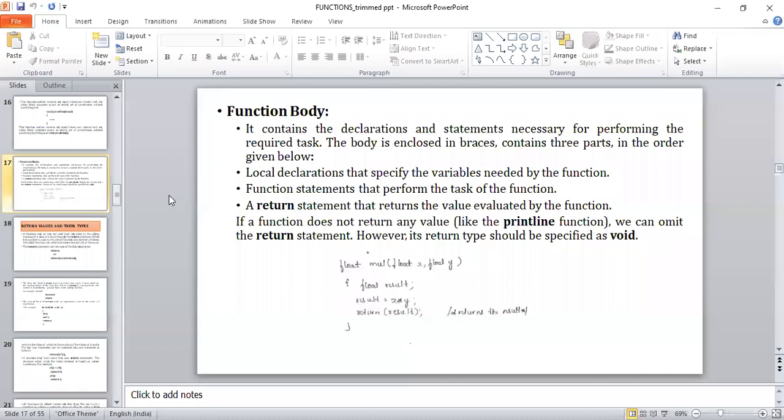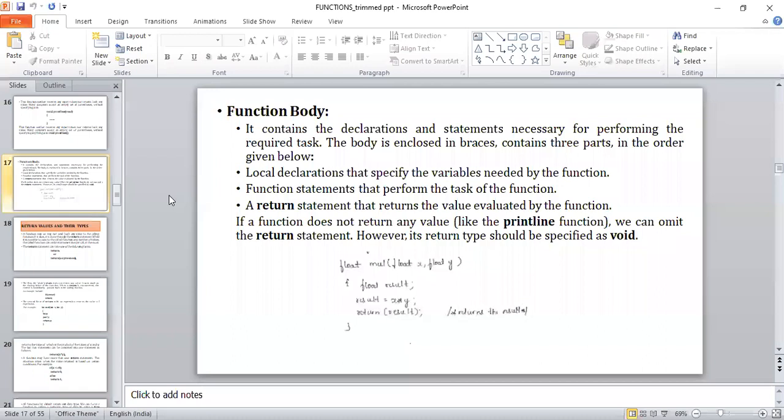Global variables and local variables I will explain, as I told in yesterday's class, when I take up the concept of scope, visibility, and lifetime of the variables. Next is the function statement, which performs exactly the task that has to be done. Next one is the return statement. The return statement is nothing but the result obtained after the completion of the execution of a function. That is the return value.